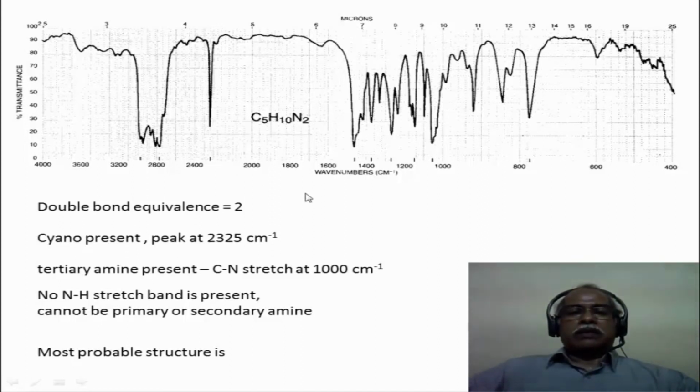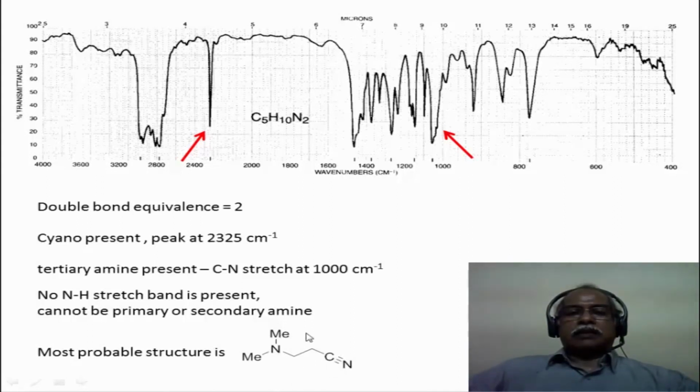And you can also look whether there is an NH stretching frequency. NH is absent, so it cannot be a primary amine or secondary amine. But you cannot rule out a tertiary amine possibility. In order to identify whether it is a tertiary amine, one can always look at the CN stretching region. CN stretching is fairly strong, here for example. So it could be a tertiary amine. Based on the molecular formula being a simple C5 molecular formula, if you rule out the primary amine, secondary amine, as well as the acetylene as an unsaturation, we will come up with a structure which corresponds to something like this. This is 3-N,N-dimethylamino propionitrile, the name of the structure of the compound that is shown here.